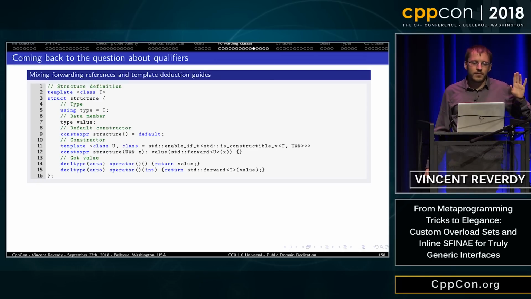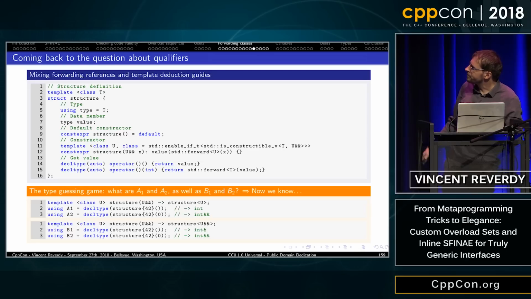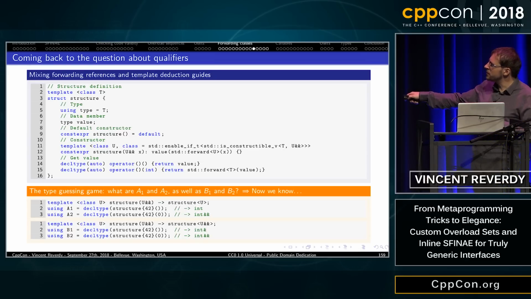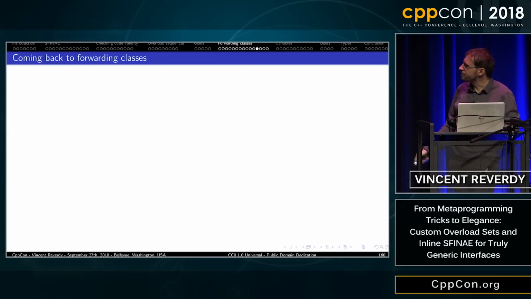Great. What I want to say here is that given the original structure I had, with this trickery we can now answer the question easily, because we can go in all the tables and see what conversions were happening, and then we can deduce that here it was int, here double reference to int, here reference to int, and here double reference to int. So they're not the same.